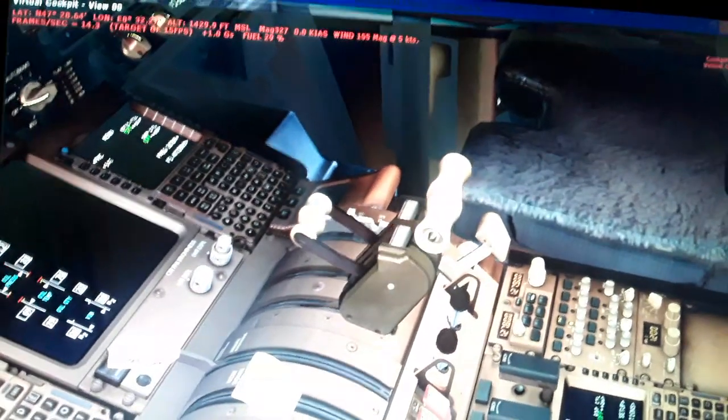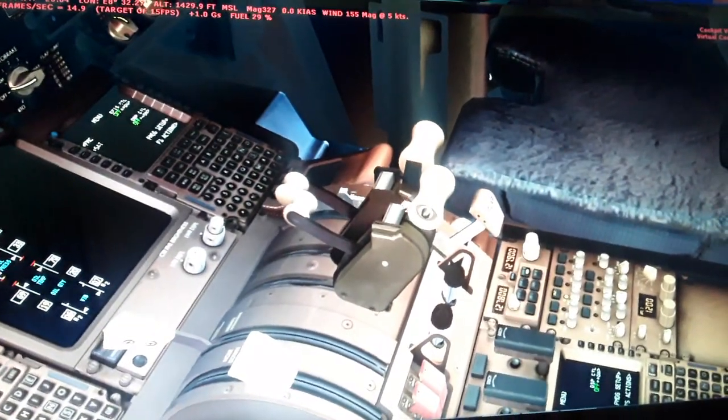the auto throttle disengage, disconnect switch. So you press this switch and you disconnect the auto throttle. You take manual control of the thrust levers. You have also the takeoff go-around switch, left and right. You can move one thrust lever at a time, so I will show you the differential